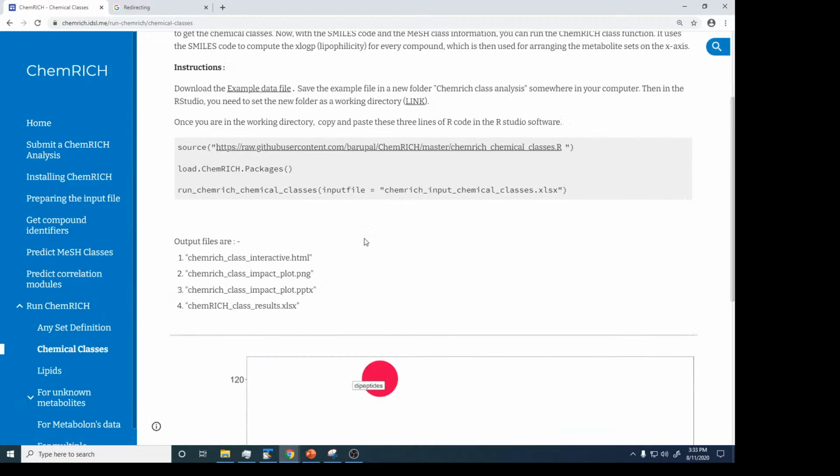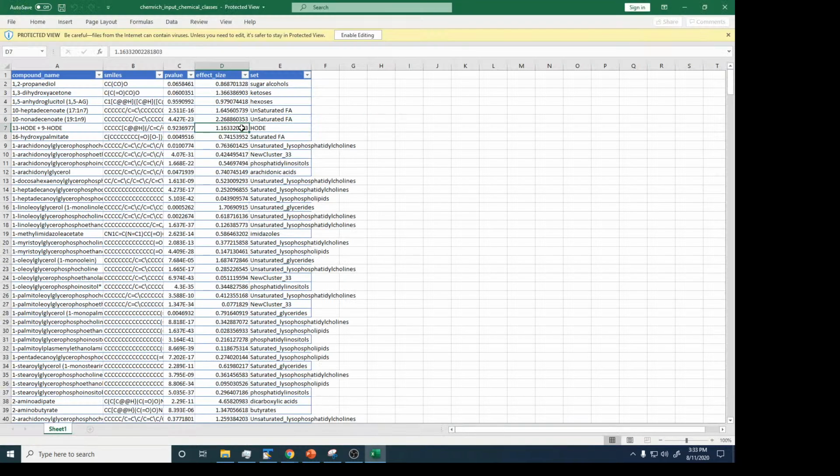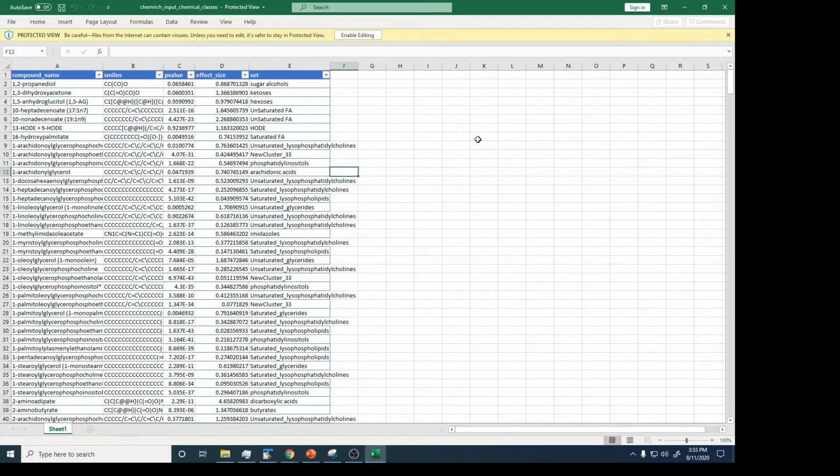So, chemical classes. The input for chemical class is similar to the one we saw previously, but you need to have a SMILES code in it. So no PubChem ID, no InChIKey. We're simplifying that: as long as you have a SMILES code, and you have a chemical class that you can actually get from the MassProduction script. So if you have a SMILES code, you can predict the mass classes and then combine them both together and use that as the input file for